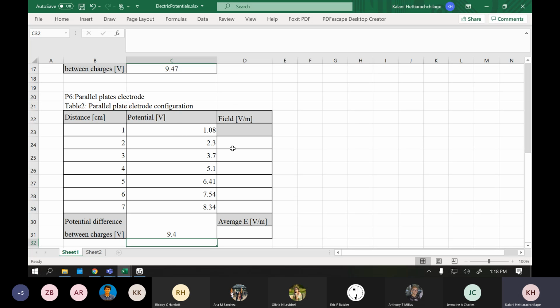I'm going to finish up with this table, then we are done. Okay, so now we're going to calculate the electric field, and to calculate the electric field we're going to use the electric field equal to delta V over dx, dV over dx. So basically delta V over delta x. To calculate that, we're going to go over here and type equal. You're going to take the potential difference, so you have this potential minus the other potential, and then you're going to divide that by the